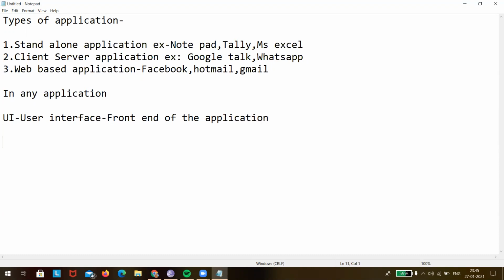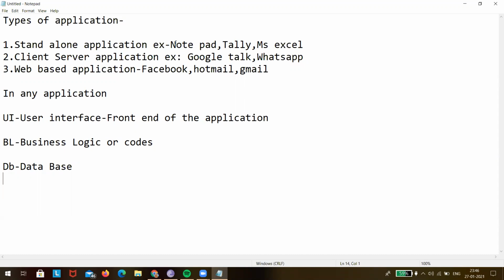Next is the BL, business logic, or we can call it the code written. And next is the DB, the database. This is again separate. So in an application there are three things: the UI, then the business logic or the code written, and the database.